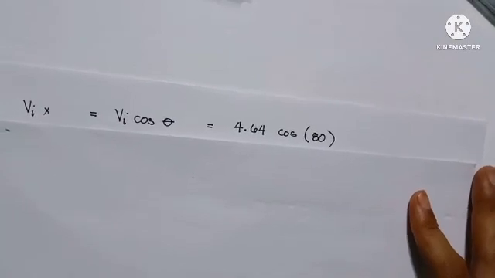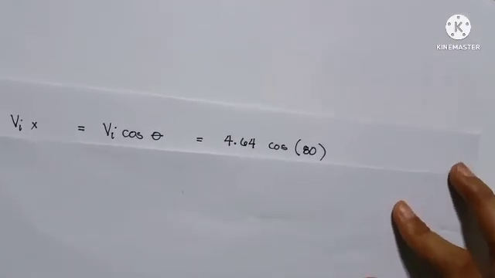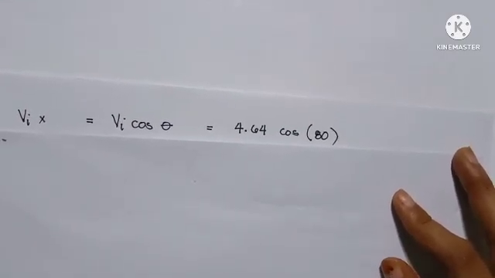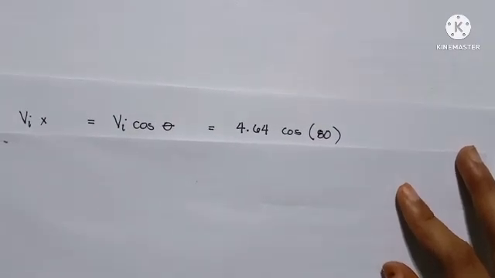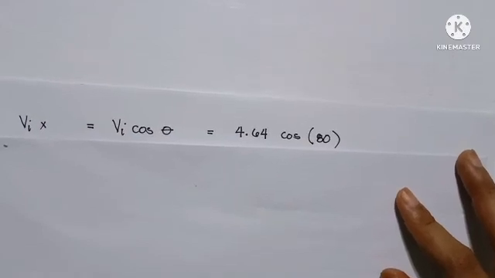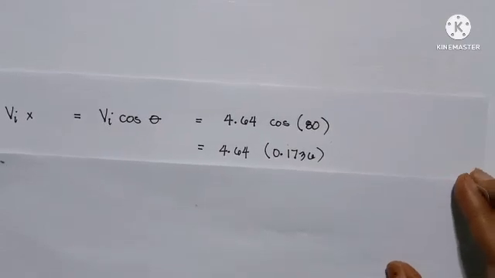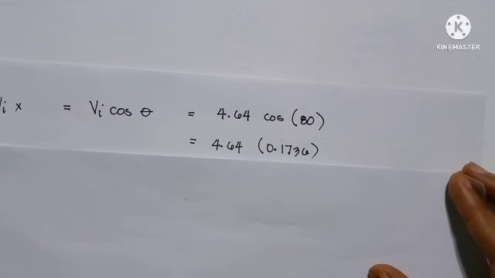To find the value for initial velocity in the horizontal direction, we need to use this formula: initial velocity times cosine theta. So equals 4.64, which is the value of initial velocity, times the cosine of 80. 80 is the value of theta, or the angle. So it equals 4.64 times cosine 80, which is the answer of